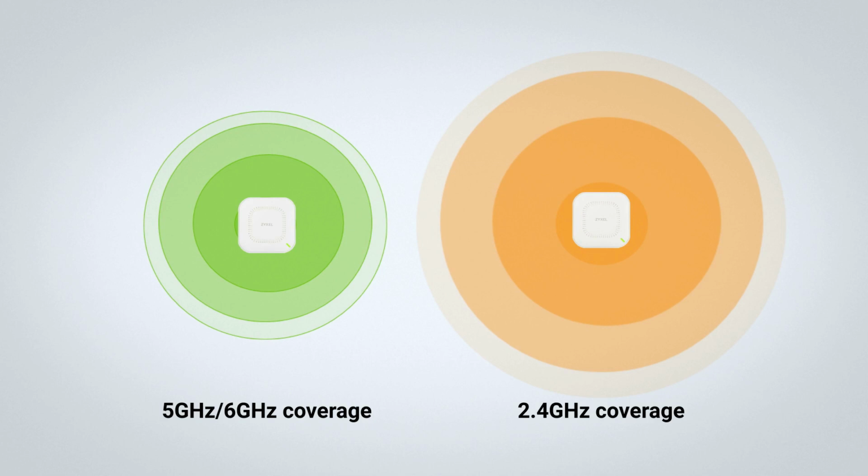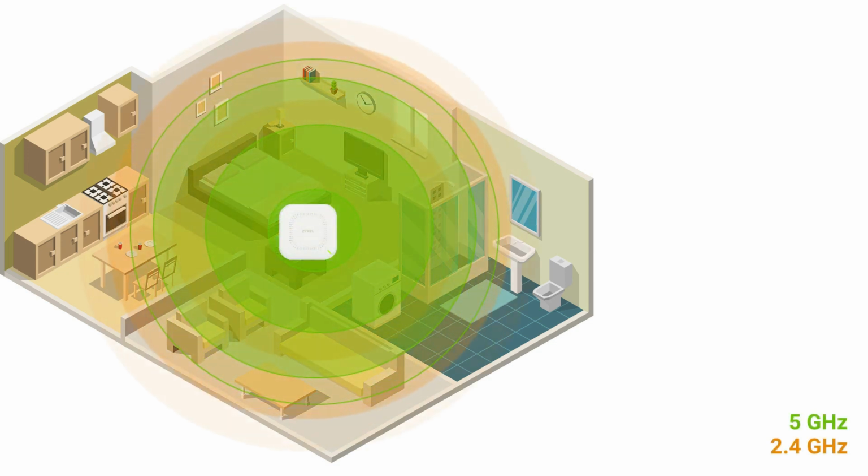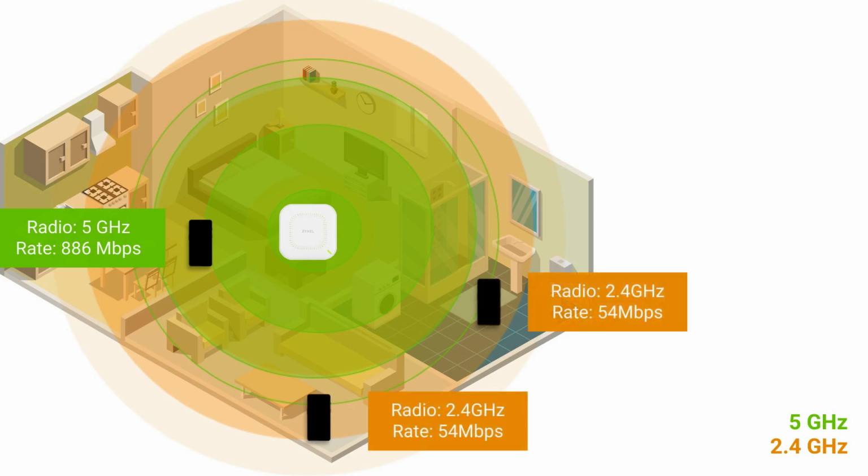However, the 2.4 GHz signal possesses greater penetration capabilities due to its physical characteristics. Therefore, in edge areas of a venue, 2.4 GHz signal is usually stronger than signals from other frequencies. Consequently, some devices might consistently remain connected to the 2.4 GHz band. As we're aware, the 2.4 GHz radio frequency is vulnerable to interference. Therefore, encouraging devices to connect to the other 2 frequency bands can lead to a more stable Wi-Fi connection without interruptions.